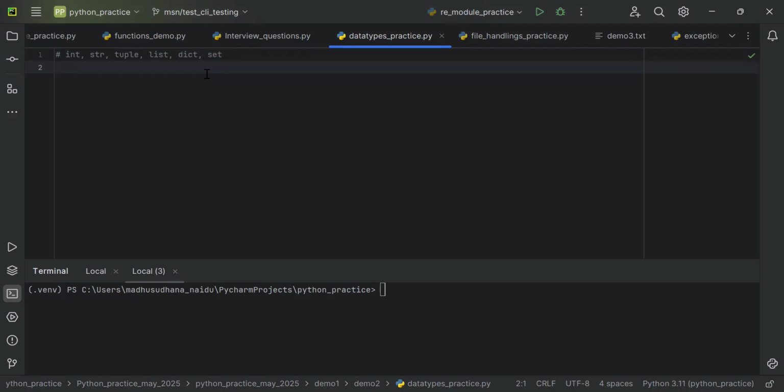For example, we can define the integer data type. If you provide any value, this will become an integer. Everyone is aware Python is a dynamically typed programming language. Based on the value, it will decide what kind of data type it is. And we can define strings either using single quotes or double quotes. For example, name,